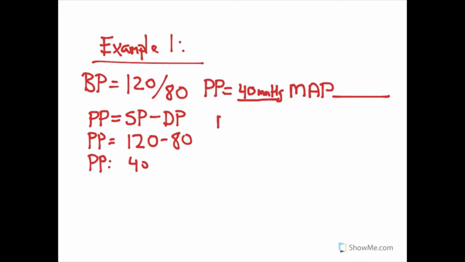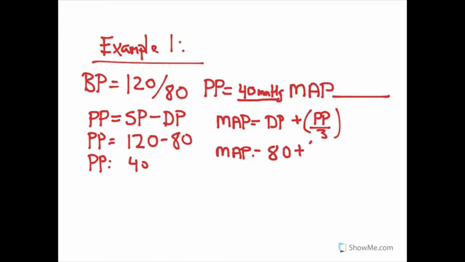Now, we know that mean arterial pressure, MAP, is our diastolic pressure plus pulse pressure divided by 3. Okay, so let's plug and chug into this equation. We have MAP. We know that diastolic pressure is 80. We know that pulse pressure is 40. So what we do, remember, please excuse my dear Aunt Sally or PEMDAS, we do what's in parentheses first. So 40 divided by 3. Then we add that to